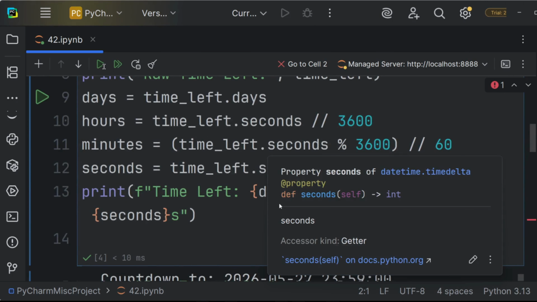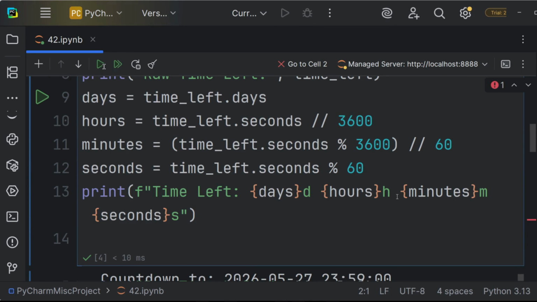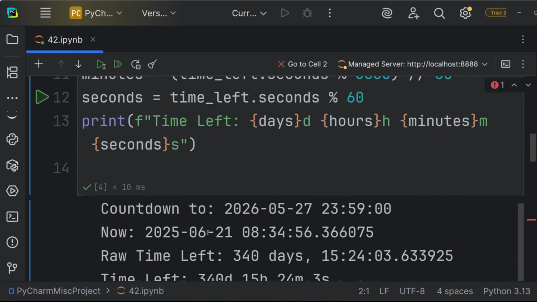Then we just want to print it. So print time left, days, hours, minutes, seconds. Now we know our target, we know our now, and we know how much time is left. All that is left is making a live countdown inside a loop. Also, we put in a format string because we want a clean, human-readable format that's easy to show if you're building an app, a website, or even showcasing it on a screen.